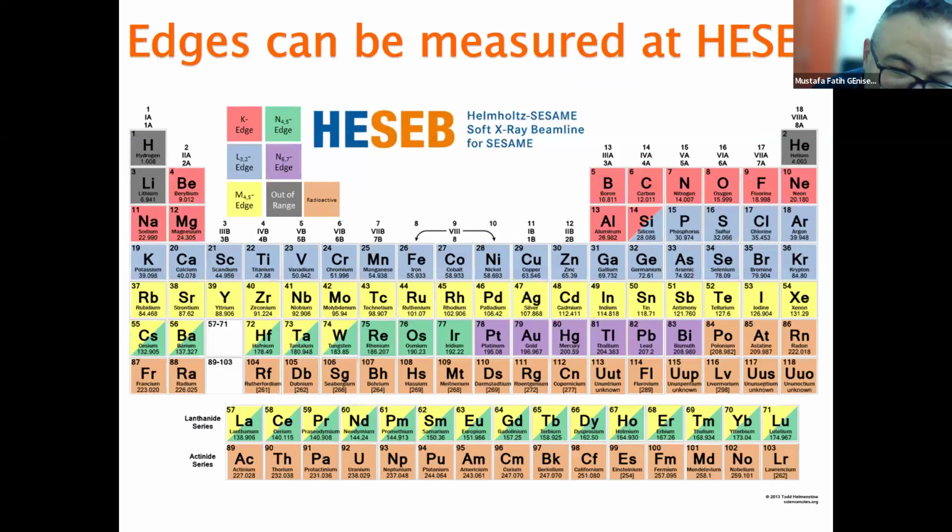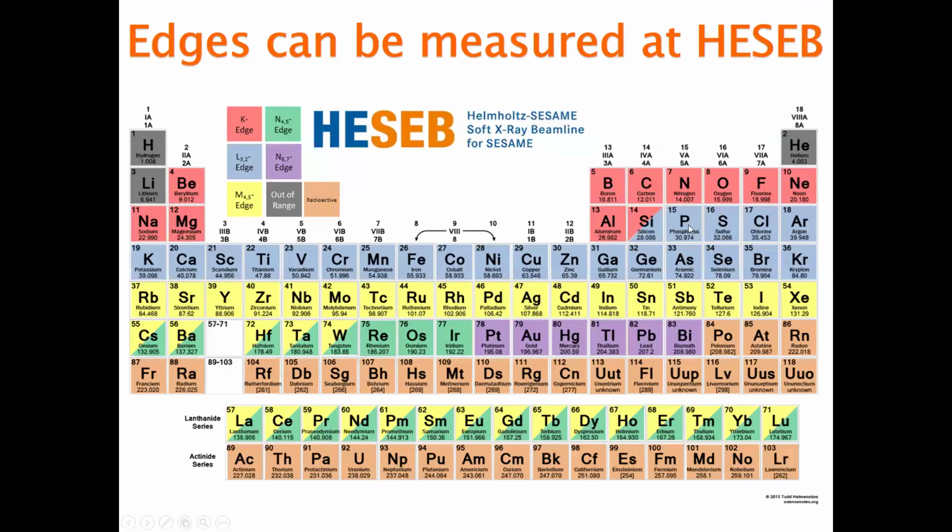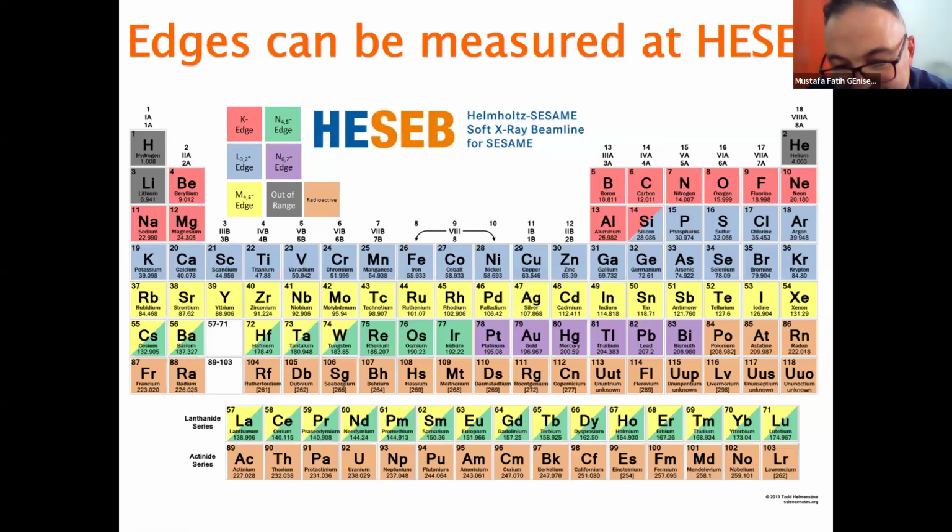K edge, okay. Because I'm working on soil. Okay, it's very nice. Actually, phosphorus and sulfur are in an edge. They have L edges at lower energy, and sulfur L edge is working, but phosphorus L edge is a headache, actually. And the K edge of phosphorus is at more than 2000 eV, and it's not easy to find